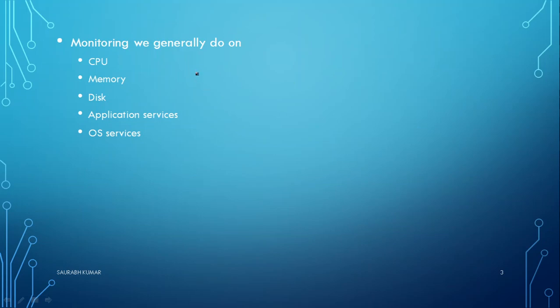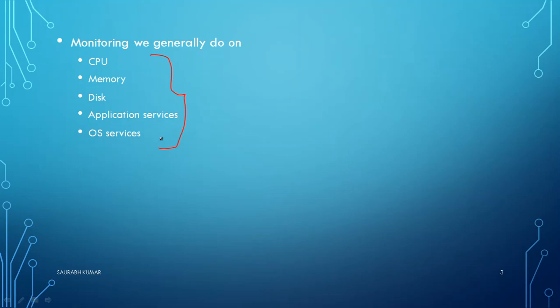If it is a local machine, you monitor it with the help of inbuilt tools or third party tools. Among inbuilt tools, you have Task Manager and Resource Monitor. Similarly, there are many third party tools which you can download from the internet and install on a system, and they can help you monitor these things. But what is the major use? Why do we do monitoring? Obviously, to understand the utilization of my resources.